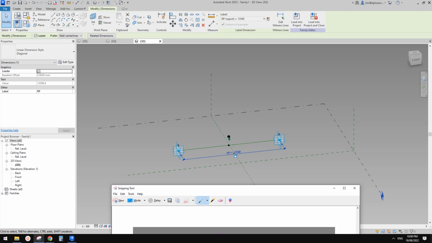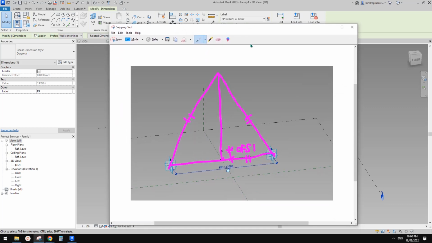Okay, we have offset 1 here, and then we need to work out this dimension. So let's call this offset 2. Offset 2 equals the overall, so from this point to this point, minus offset 1, and the distance from this to the top equals,